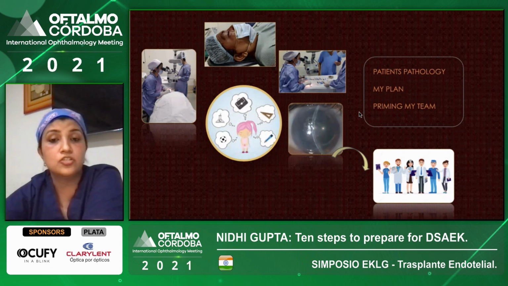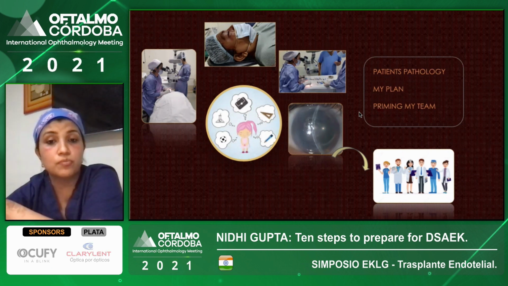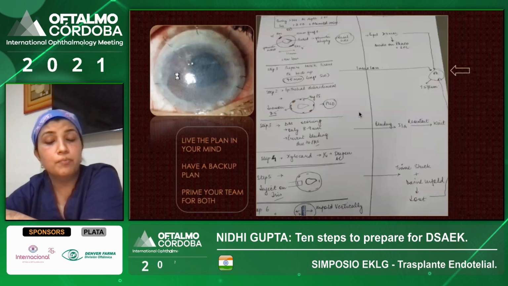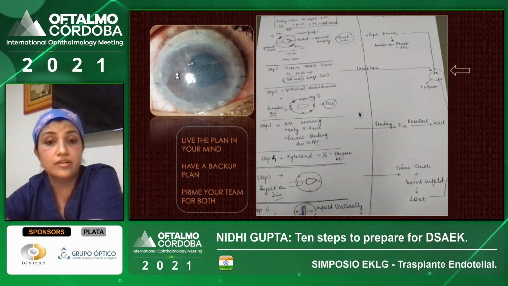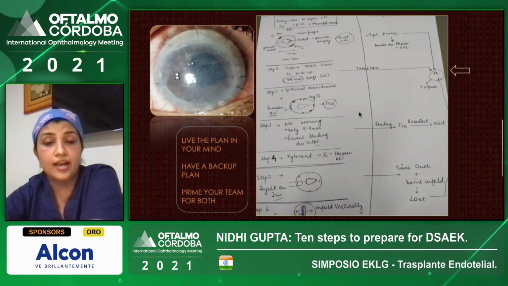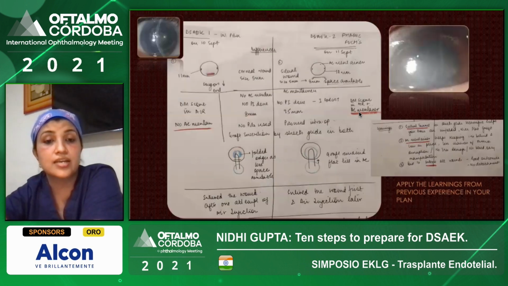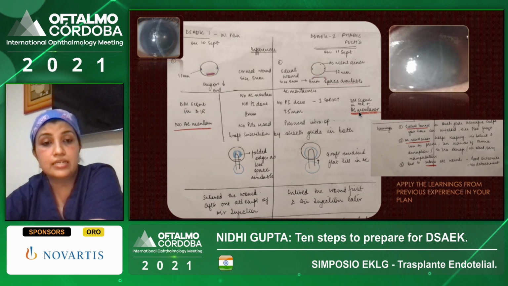to prime your team as to where you're going to be positioning your instruments, and nice to have your surgical trolley ready. If you're beginning to do these Desect cases, you are a beginner surgeon, it's nice to have a discussion with your mentor as to what's going to be your surgical plan, and have your patient photographed and discussed, and keep your plan right in front of you for you to go smoothly in your surgeries, and have your team also decided as to what is going to be your steps, and how you're going to be preparing with